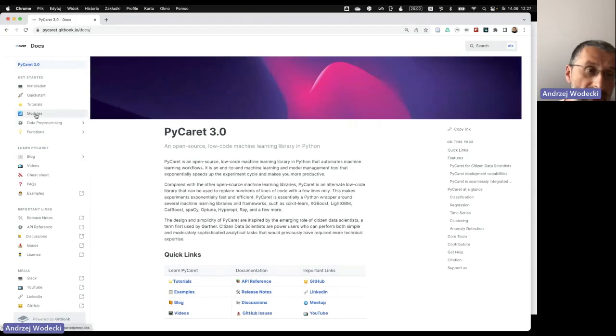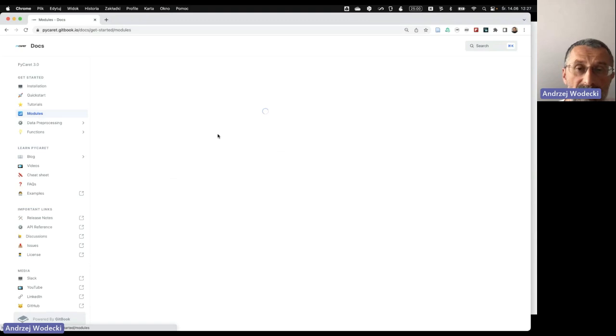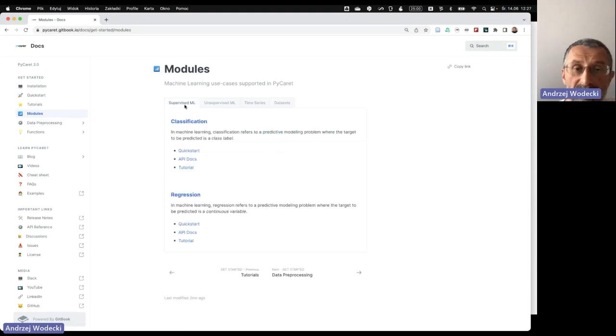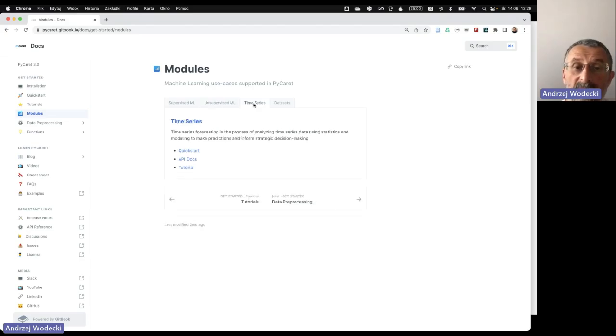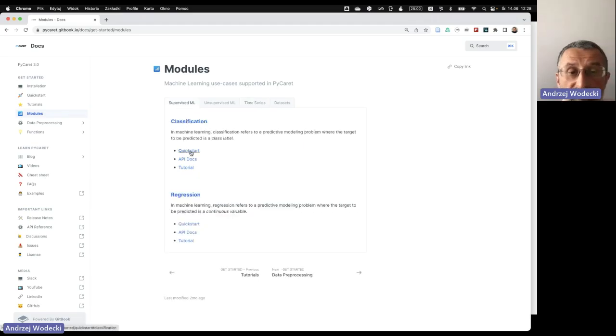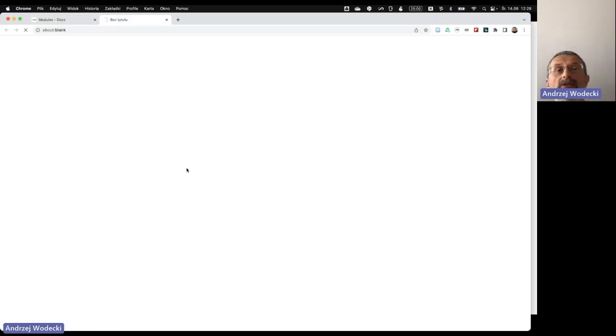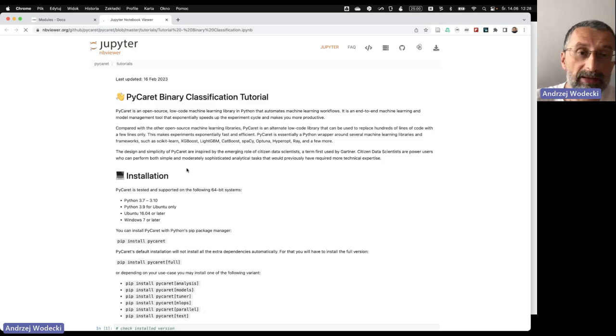And when you look at the modules now, as you can see, we have supervised machine learning. So we have classification and regression problems supported by PyCaret, unsupervised machine learning, clustering, anomaly detection, and time series forecasting. You do not have the natural language processing I already mentioned. Each of those is supported with very interesting and good quick starts and tutorials. So if you would like to learn how to use AutoML, I definitely encourage you to test it because they